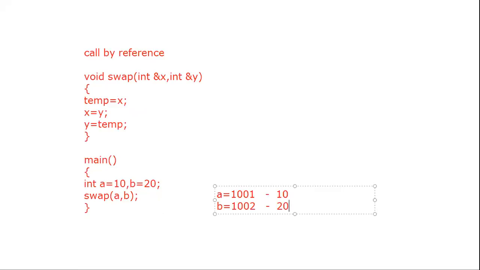So when you are going to call this particular function, x means what? Here in this case ampersand x, what is meant by that ampersand x? You will get the 10, because you will directly point to the address. The address of x is nothing but whatever value is available at this location 1001.